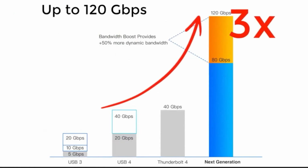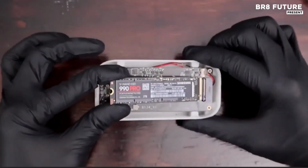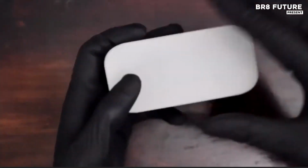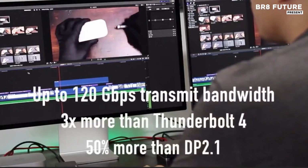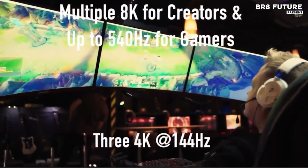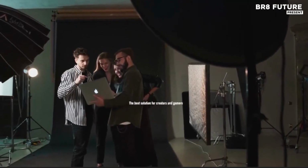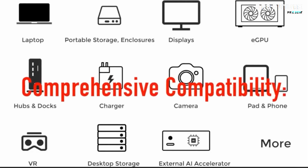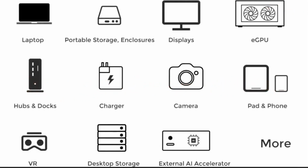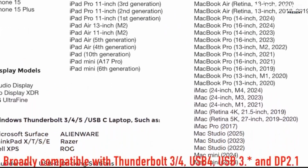Its robust construction incorporates ballistic fiber, offering enhanced durability and resilience, making it perfect for high-performance environments. The cable's compatibility with Thunderbolt 5 and USB 80 gigabits per second ensures that you're always ahead of the curve, ready for the most demanding tasks without compromising speed or reliability. The SuperCable 2.0 doesn't just meet the demands of today's tech, it's built to future-proof your connections for years to